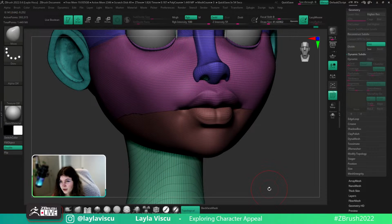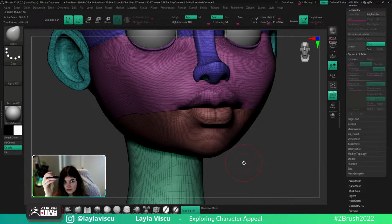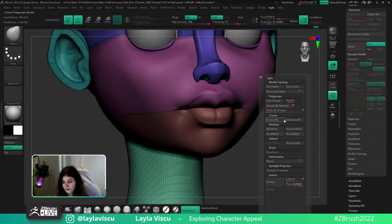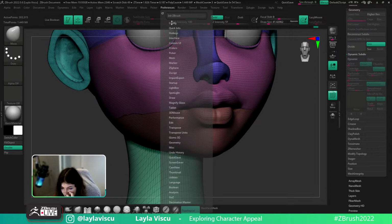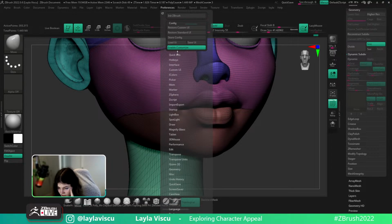How did you bring up the geometry palette in the viewport when you did the close holes? Oh, it's my custom menu over here, and I mapped this menu to be brought up with my stylus. So whenever I press it, it appears. You can do the same. You can Google how to make your custom menu in ZBrush. But the gist of it is that you go to enable customize,